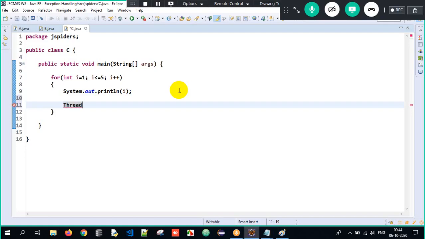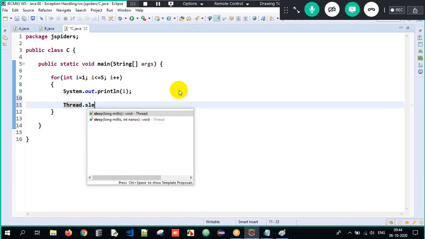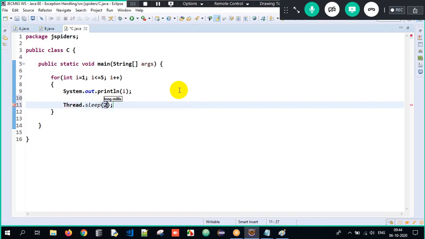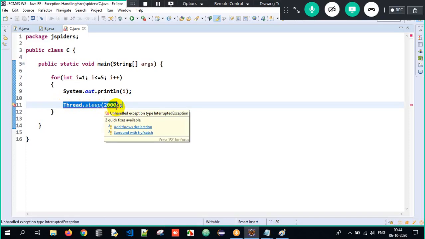In that Thread class, we have a static method called sleep, and I am going to give 2000 milliseconds, which means 2 seconds. We are going to pause the execution for 2 seconds.